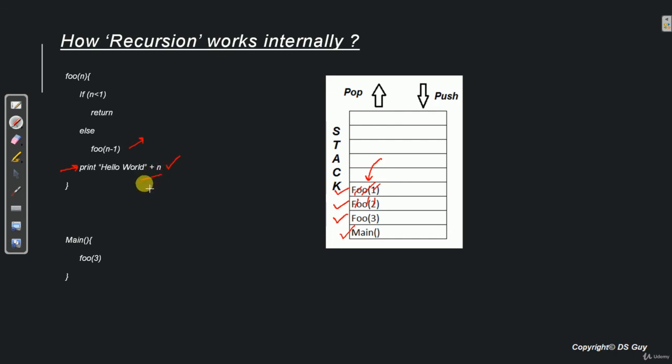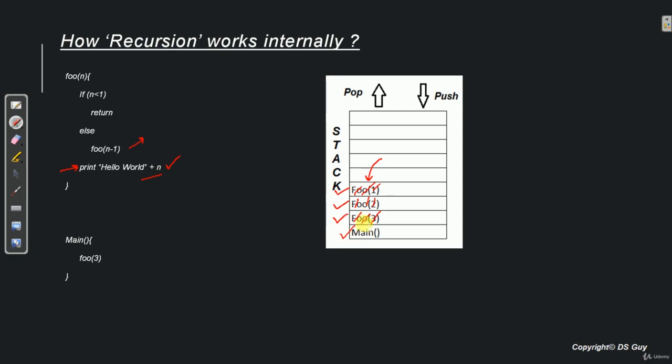Now once that is executed, foo2's work is also done. The system comes back to the stack and sees foo3, some work is pending. So it pops it out. What is pending in foo3? Again the print statement. So it prints hello world and the value of n right now is 3. So it prints hello world 3. Now once that is executed, foo3 is also done.